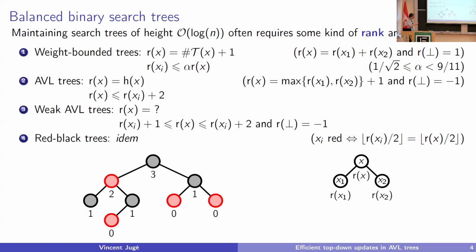Okay, so in particular, I will be mentioning a lot of things about weak AVL trees because they were invented like 10, 15 years ago. So 15 years ago if you take the conference version, and 10 years ago if you take the journal version, to solve problems that were not solved about AVL trees. And we'll solve this problem about AVL trees by using the same recipe as those inventors of weak AVL trees used. Okay.